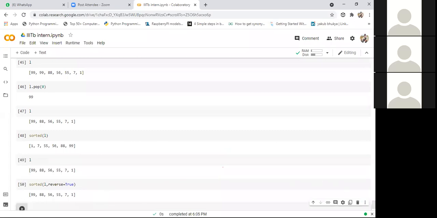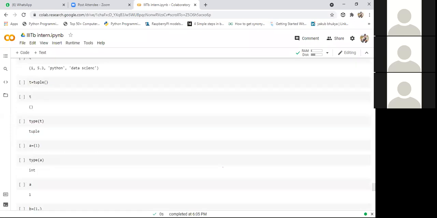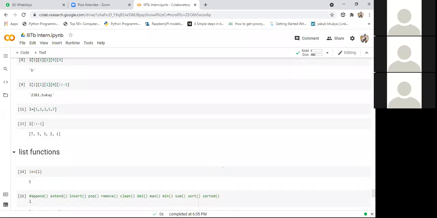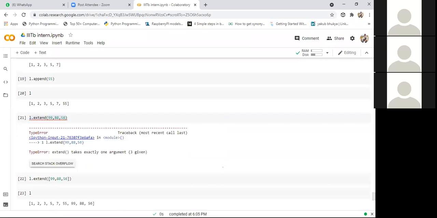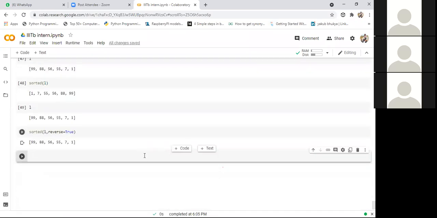As of now, we have discussed all these things. The leftover things are the copy function, and the next will be the clear and delete functions. Now I'll explain the clear and delete functions first. Here the purpose of the clear function is to clear